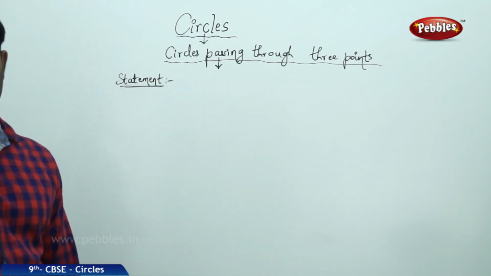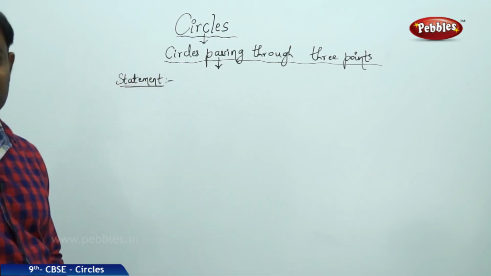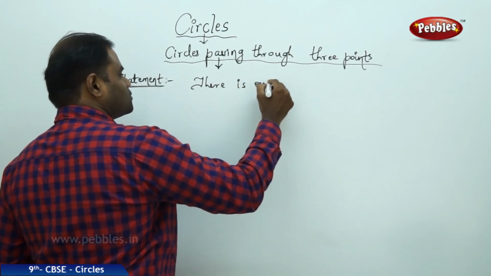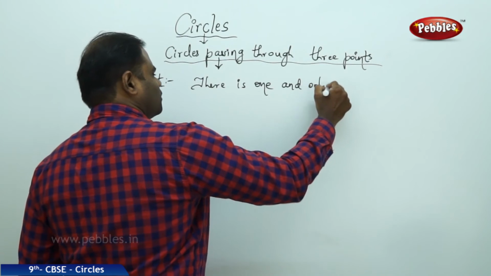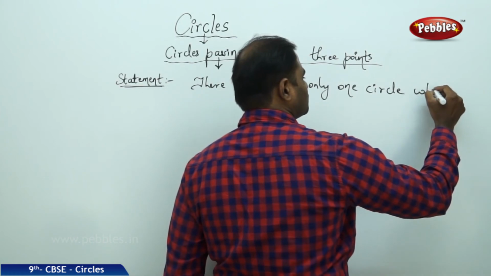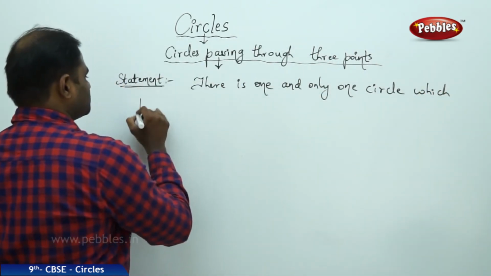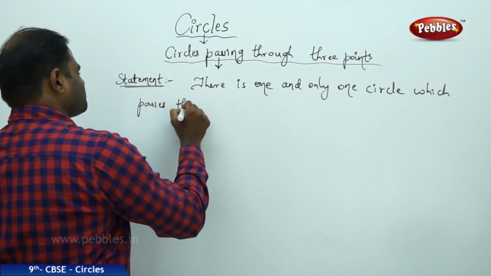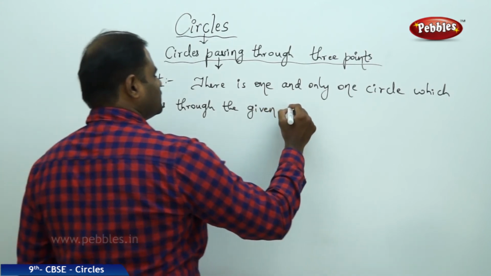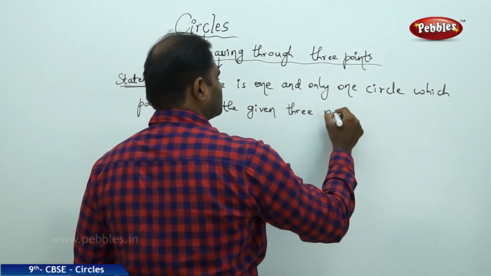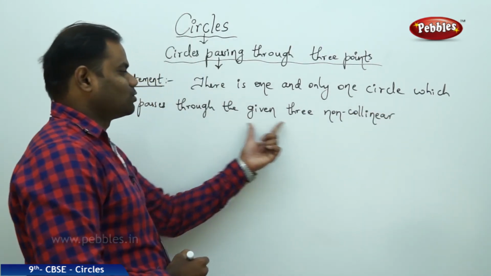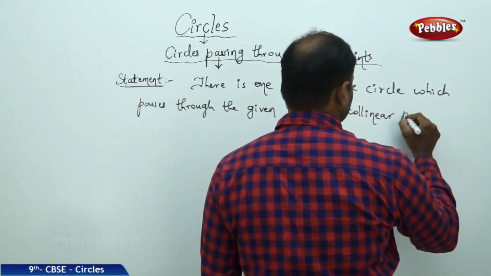Here we clearly have a property in the statement which says that there is one and only one circle which passes through the given three non-collinear